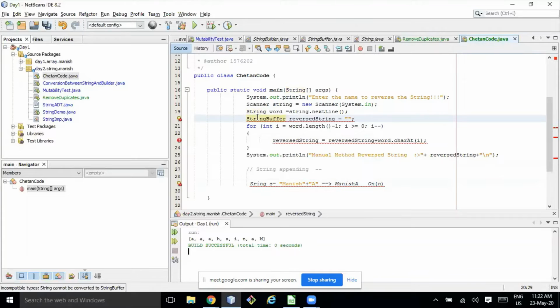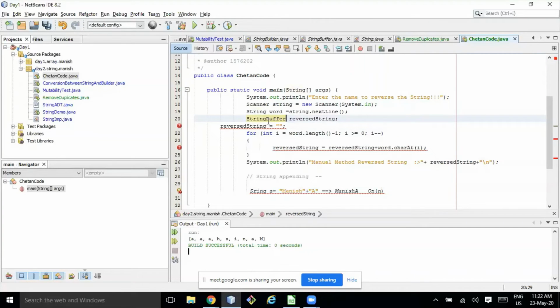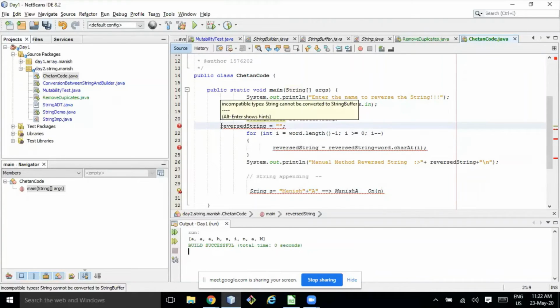Yeah, make it a StringBuffer. Sorry, StringBuffer. Last time I implemented something using StringBuffer, StringBuilder. We can implement this also using the same.